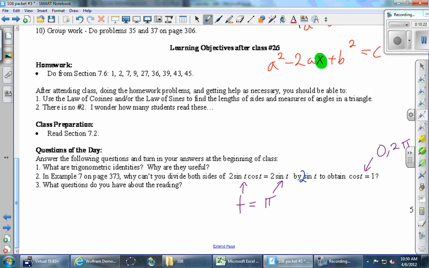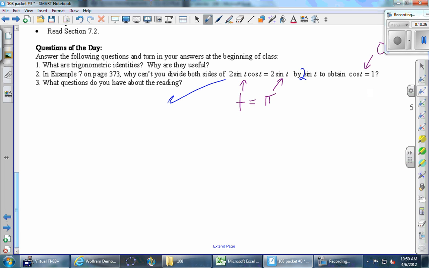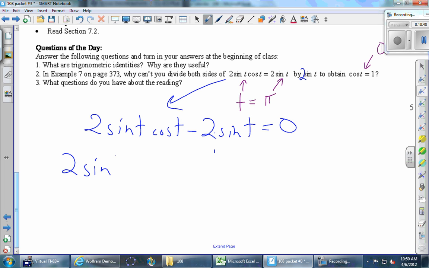It's not 0. Crossing them off is really division, right? You're dividing both sides by sine of t. So you're allowed to do that as long as sine of t is not 0. But it's so easy to miss that my recommendation whenever you have something like this is to bring everything over to one side. I like when equations are equal to 0. And then factor. Instead of divide, factor out. It's like division,